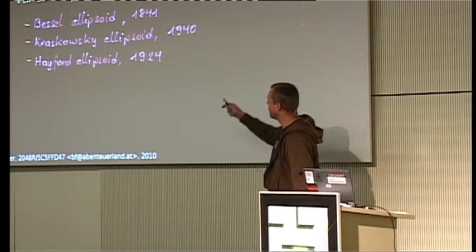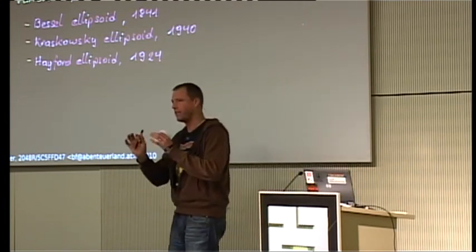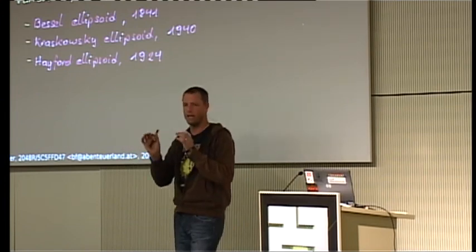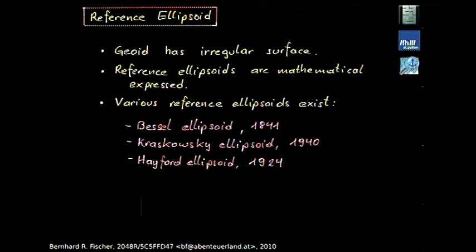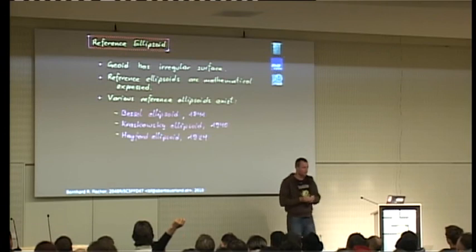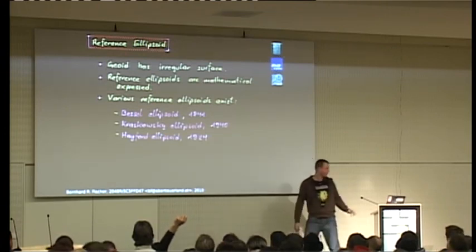So we have different ellipsoids in different places on the world, and the problem is if the figures are not matching, if we have different figures and we use the same coordinates, the coordinates based on those figures might not match. So if I give you the same coordinates, and you use either this or the other ellipsoid, you will find a different actual location, okay?